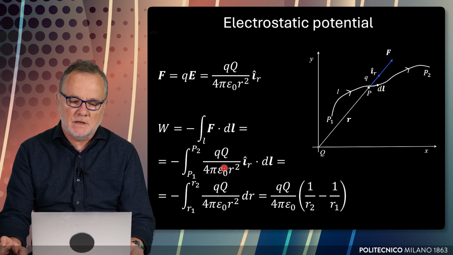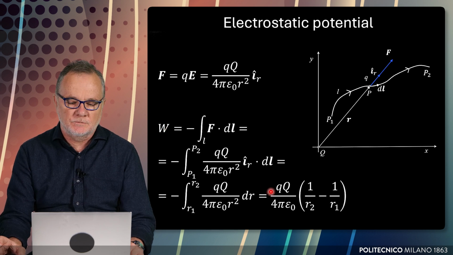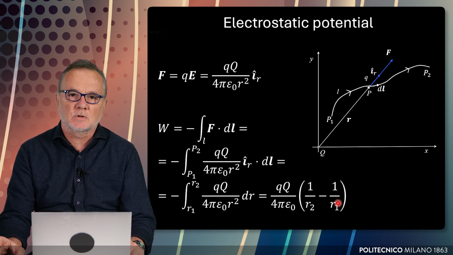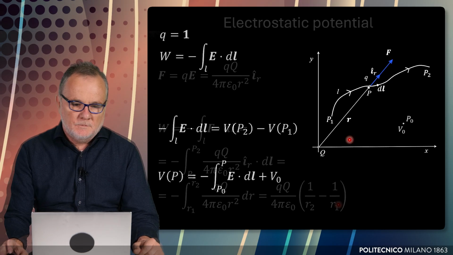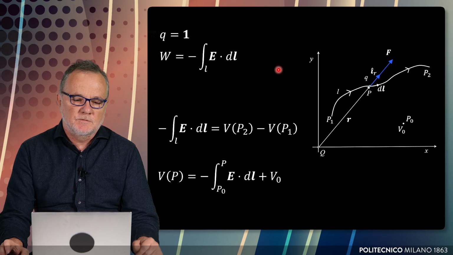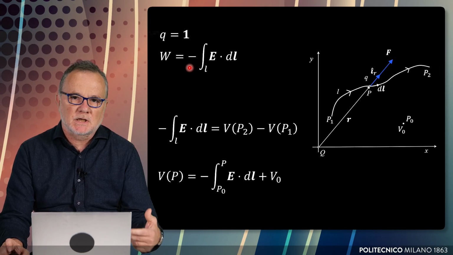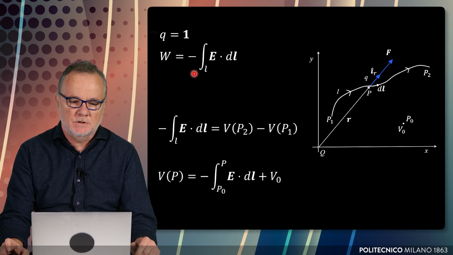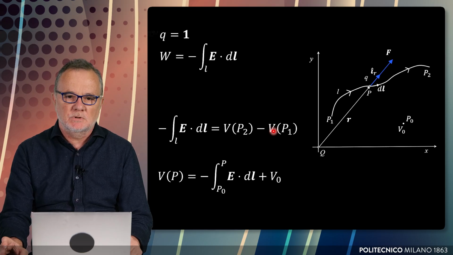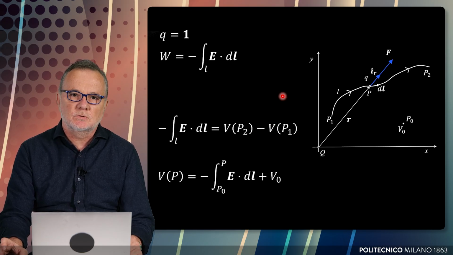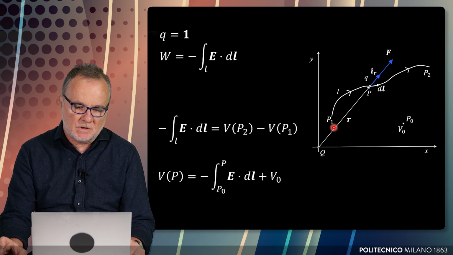After carrying out the integration, we observe that this work results in the difference of two terms. These two terms are very important, and we use them to introduce the electrostatic potential. Now, if we use a probe charge of unit value, this same work done against the forces of the field is now the line integral of the electric field. So the result of this integration, the difference between these two terms, is the difference between the two values of the electrostatic potential at point P2 and at point P1, and is described by this line.